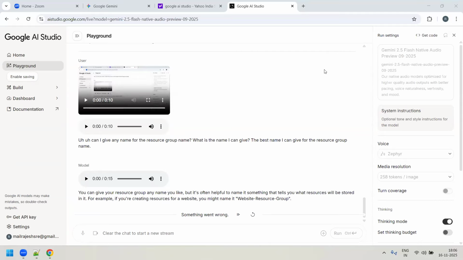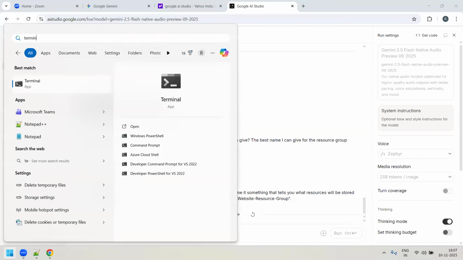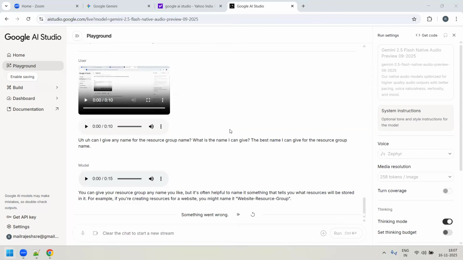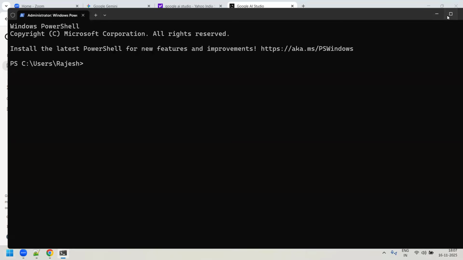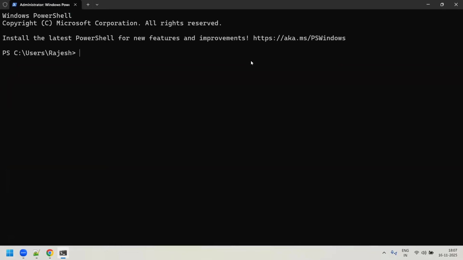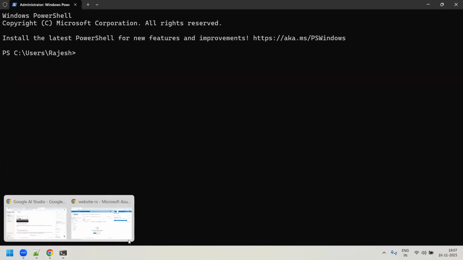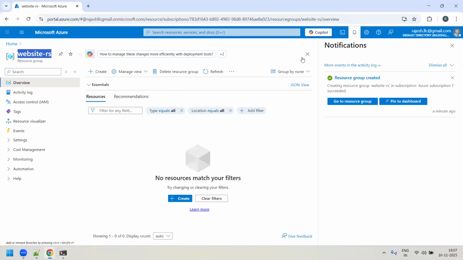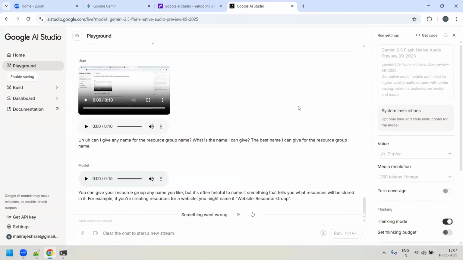Like for example, I'll take one more example. I'll open the terminal. So this is your PowerShell terminal. Okay, let's see. I want the AI tool to help me do certain operations on my PowerShell terminal. Let's see how it does actually. Okay, let me close this.